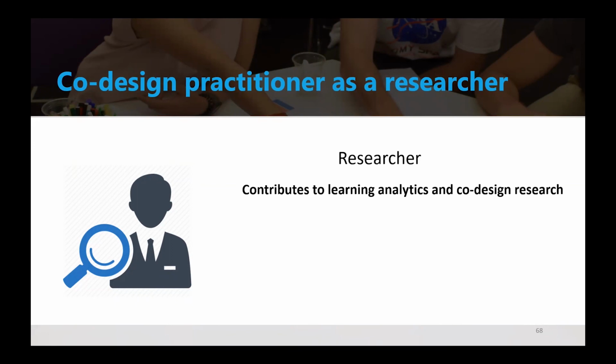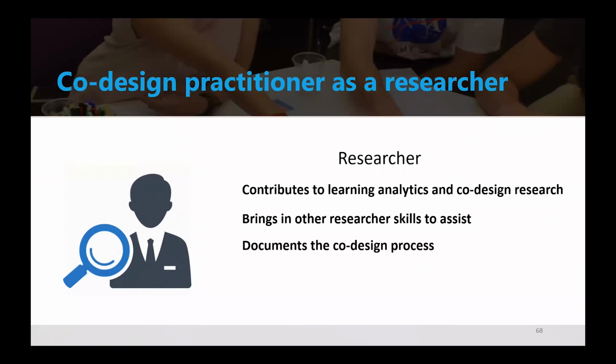I'm informing the learning analytics team, and I'm informing my practice, which is what tools are we going to do next? How are we going to implement this prototype? You bring other researchers to assist your skill set. The researcher cannot do everything, even when people are pushing to do a one-man project. You just can't do everything. You have to be aware when to bring other researchers to assist you with a specific task. That means that you have to be aware about your limitations and the context of the problem.